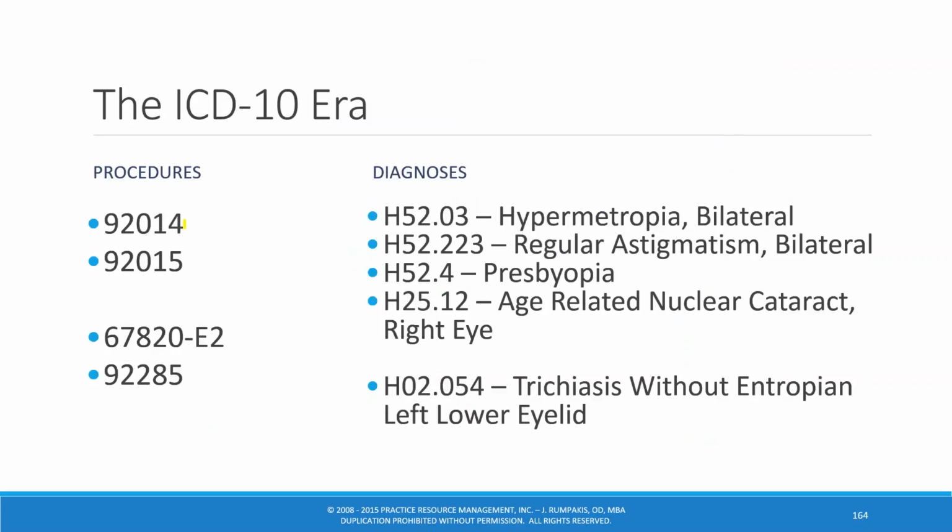My examination was going to be coded with, right, what's going to be my primary diagnosis, age-related nuclear cataract right eye. That's the 2, that designates things here, okay. I then have hyperopia bilaterally, astigmatism bilaterally, presbyopia by definition is bilateral. Notice that I also have my lower left lid. I went ahead and epilated. The E2 correlates with the trichiasis diagnosis, trichiasis without entropion,